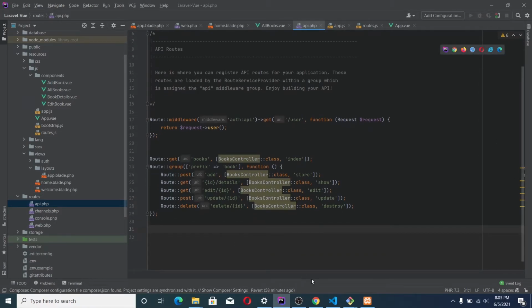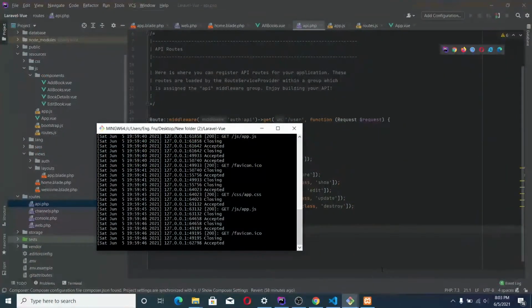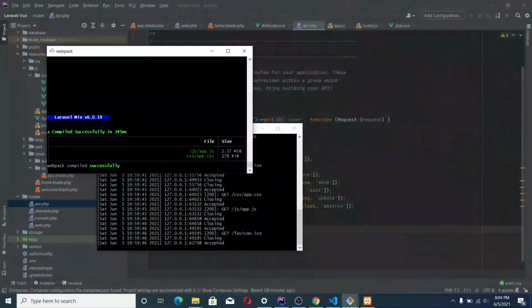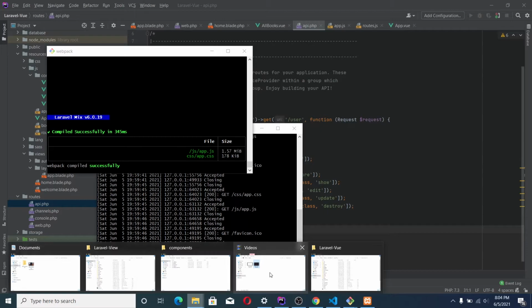So we are going to create a controller. Let me open another terminal for us.